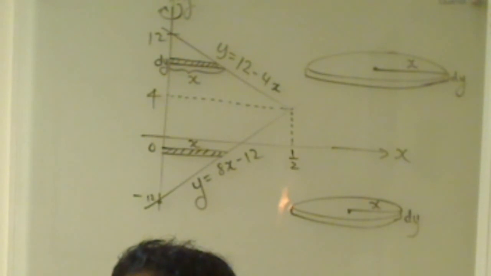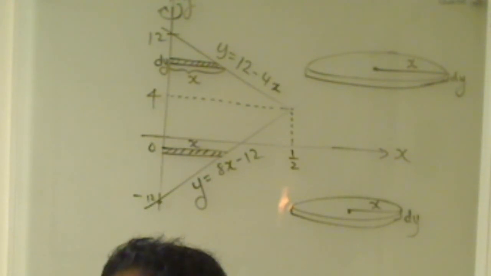I have drawn y equals 12 minus 4x, which has a negative slope, negative 4, and positive 12 as the y-intercept. In a similar fashion, y equals 8x minus 12 is a straight line whose slope is positive 8 and the y-intercept is negative 12. These two regions combined together are the area entrapped between these two lines, rotated about the y-axis. How do we find the volume? Between 4 to 12 of y and then between minus 12 to 4 of y, I have selected two horizontal